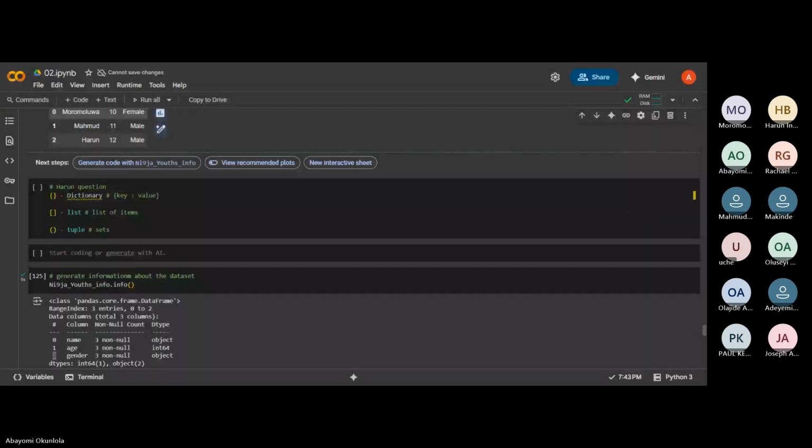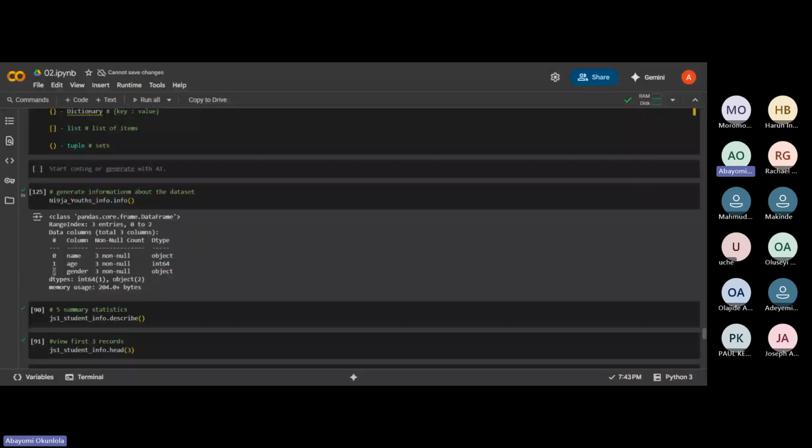Now we have the index, then followed by column, and then we have non-null count. Can someone tell me what they understand by the term non-null? Non, meaning there is no empty space.